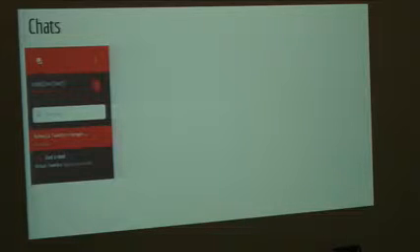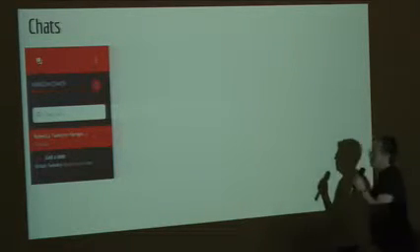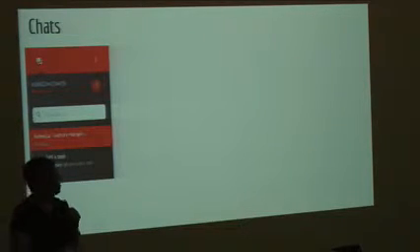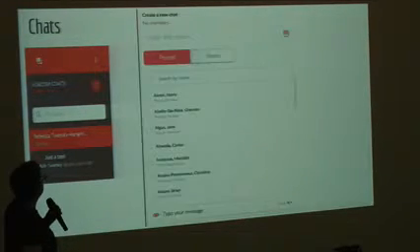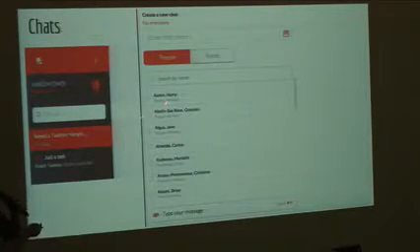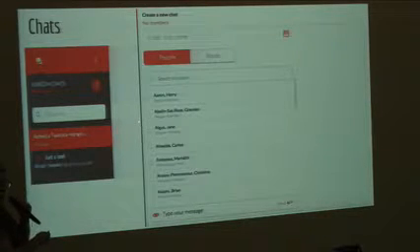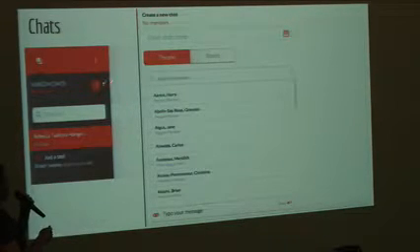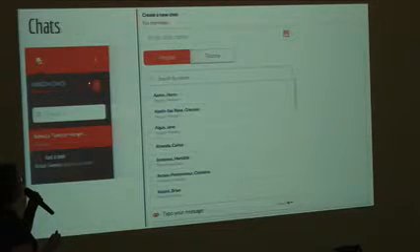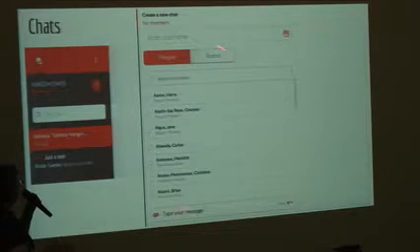Some people are already doing it, but okay. I'm not sure why it's blue. So let me move ahead. So how do you send a chat? Well, you click on here. You want to send a chat to somebody, you click write. That's the little pen icon, so you click write. And this screen comes up.